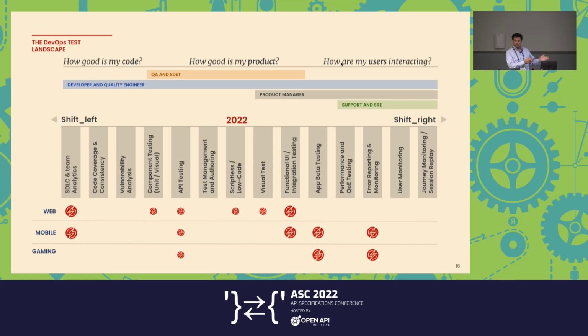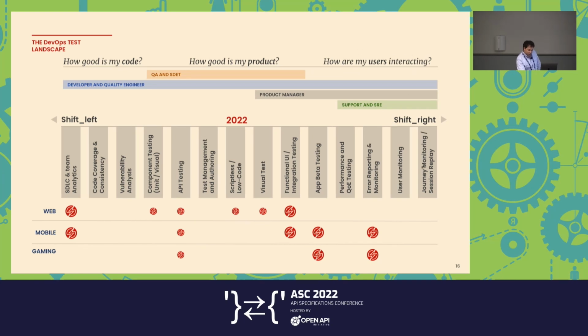So we have the notion of shifting left, testing early in my development life cycle. That's things like code coverage, contract testing for API, even visual once I have an initial design and I want to make sure that my implementation actually adheres to that design. And then as I go further towards the right, after my application is deployed, making sure that it's monitored, making sure that I'm collecting errors that happen in production, because you can't test everything up front and things are going to slip through. So how do we make sure not only that we get the proper reporting back, but also,